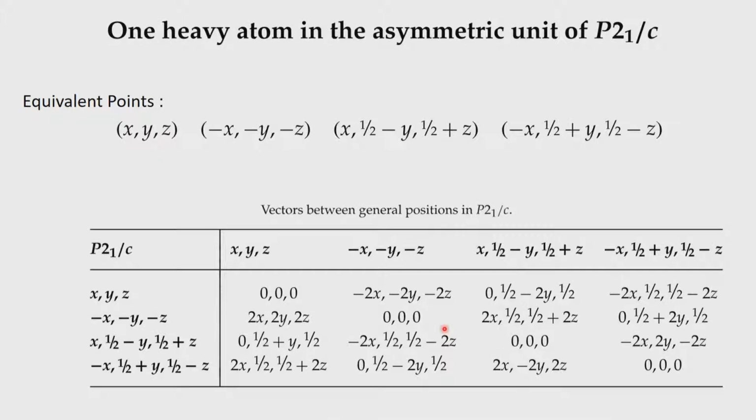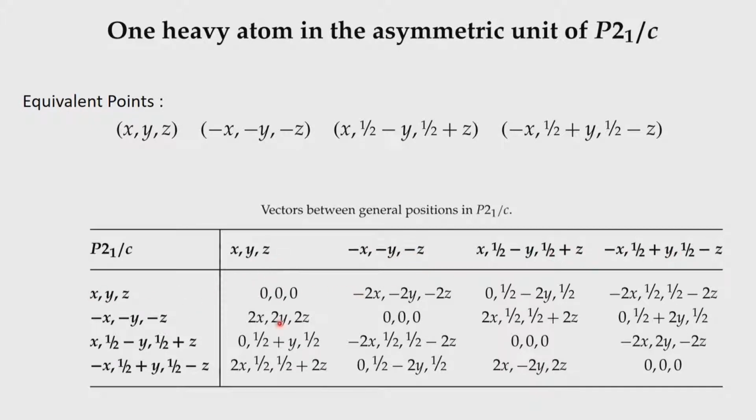We now go to P21 upon C, which is the most common system we come across. So, here we have 4 equivalent points: x y z, x bar y bar z bar, x half minus y half plus z, and x half plus y half minus z. So, we have to now do a partition between them. So, x minus x is 2x, y minus y is 2y, z minus z is 2z, which comes here. So, you write the 4 equivalent points,